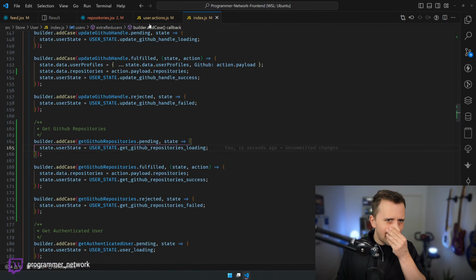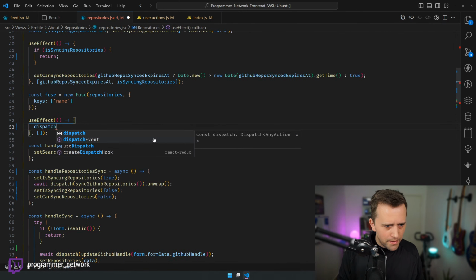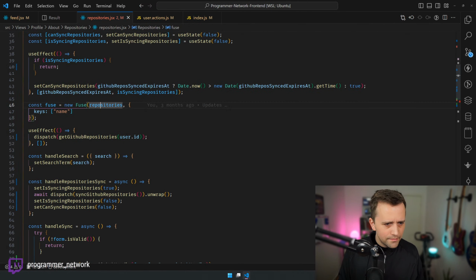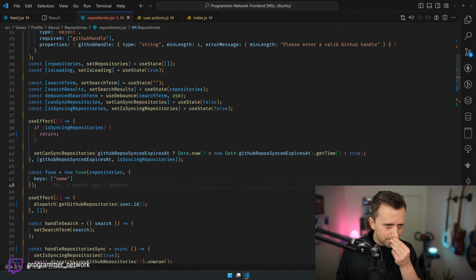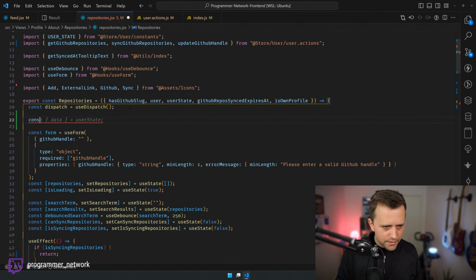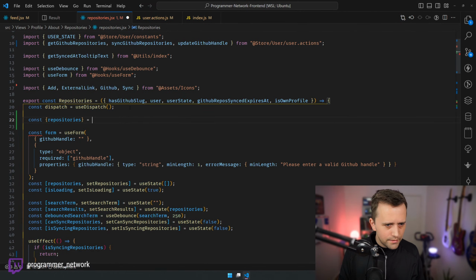Okay, so that's, I guess, fine. So we can kind of get rid of this now, right? And then we can say here, dispatch, get GitHub repositories and then pass user ID, right? We'll obviously have to import the selector here, right? So we have to say const repositories is use selector.